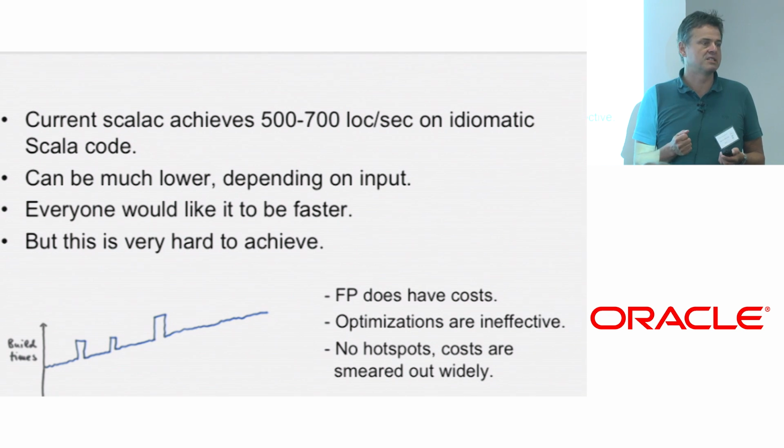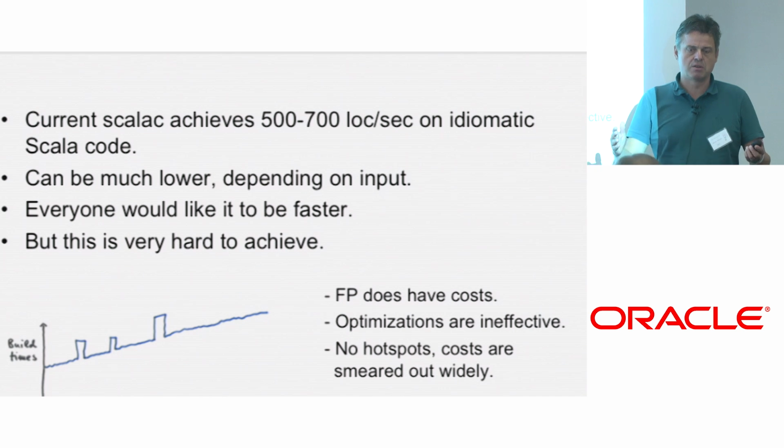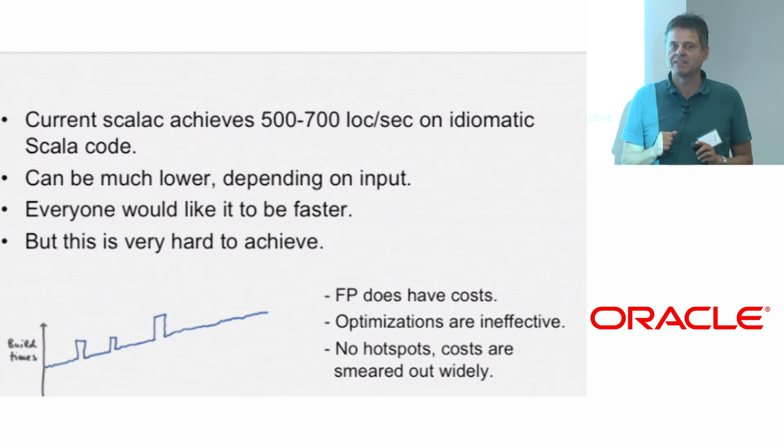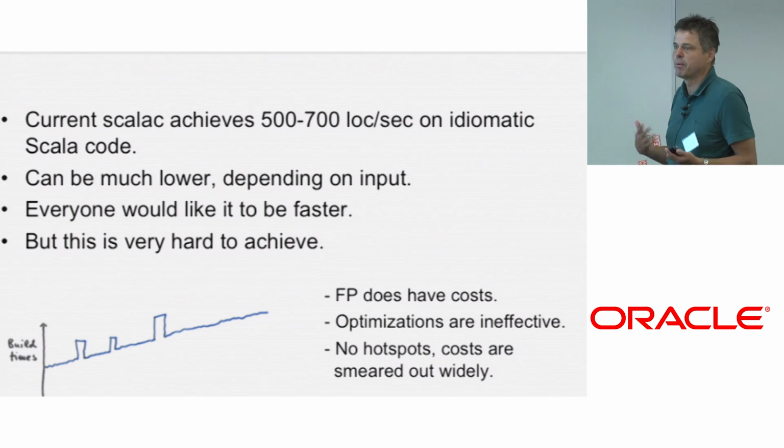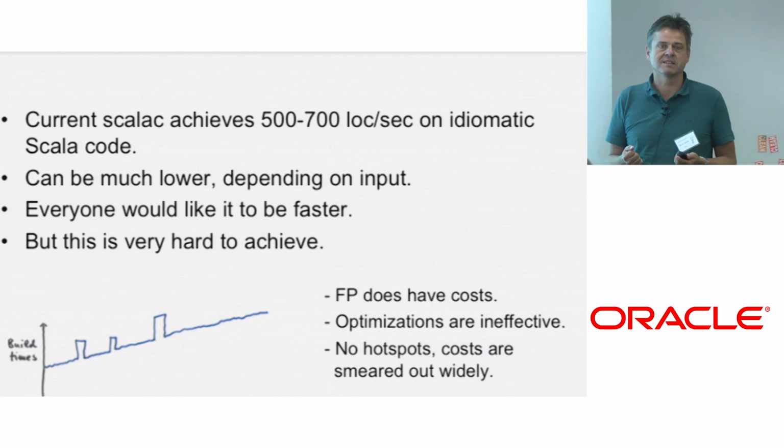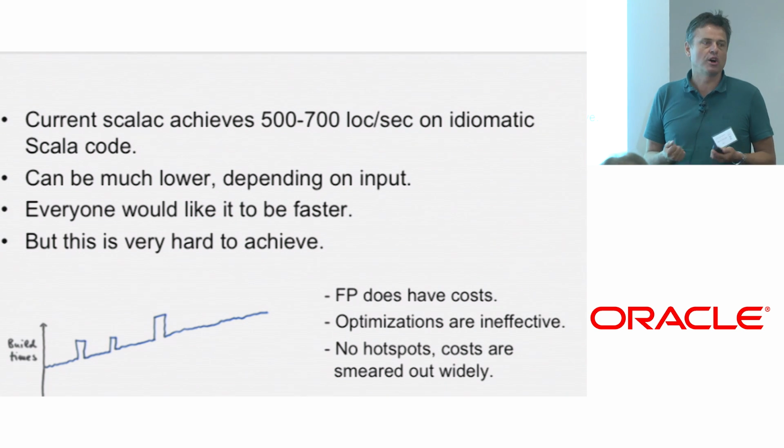If you've ever looked at SPECmark benchmarks, let's say javac, you see that essentially all the optimizations do something, sometimes something dramatic, for most of the inputs, except javac. javac never moves. No optimization is effective for javac. And I think that's not a property of javac alone, that's a property basically of all compilers. They don't really have hotspots.